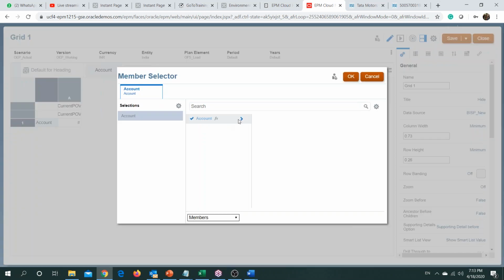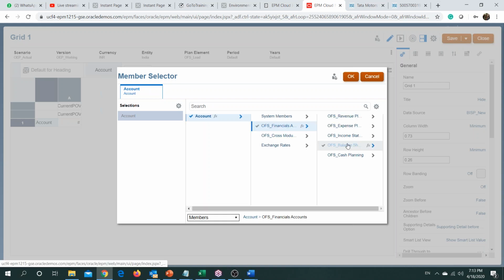Let's go and select our accounts. And we have our accounts under our financial accounts. Under revenue planning, we have our income accounts.